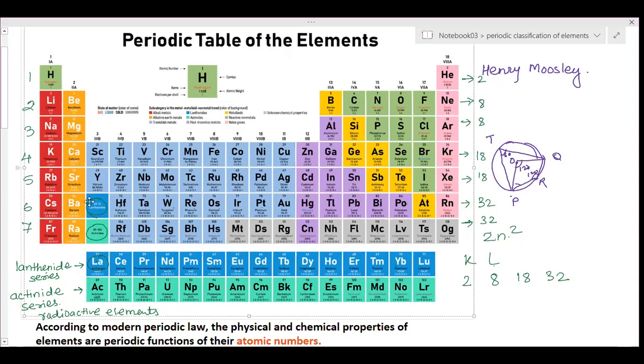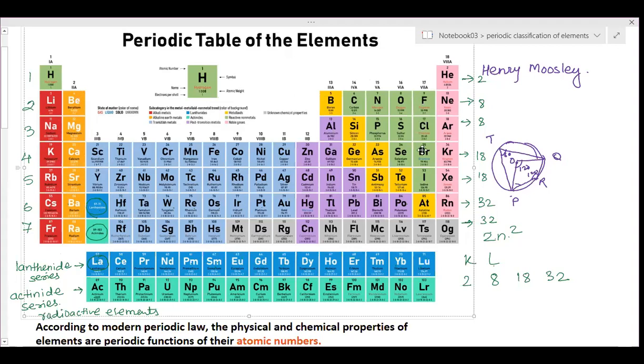Now, these orange ones are called alkaline earth metals, because these elements form alkali when they combine with water, and in the same form they are found in the earth crust or in the form of seawater. That means in nature they are found in the form of their hydroxides, alkalis. Therefore these elements are called alkaline earth metals.